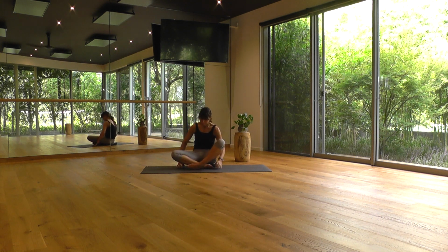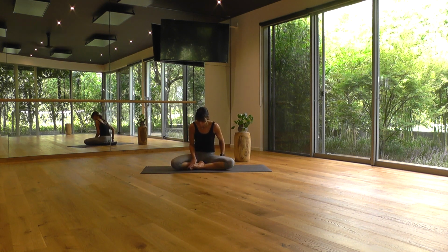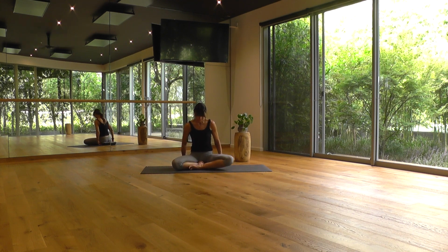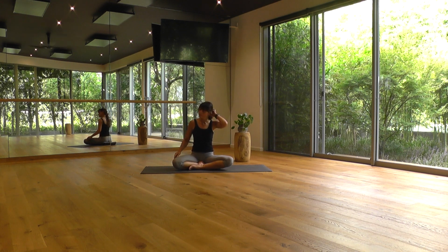ensuring your spine is elegantly tall. And we'll practice some Nadi Shodhana, alternate nostril breathing just prior to Shavasana. So getting very comfortable in your seat, shutting down the eyes,